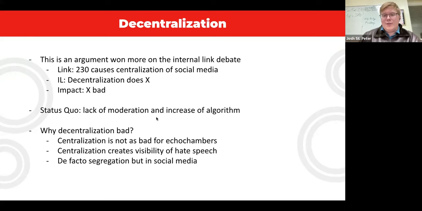In the status quo, there's a lack of moderation and an increase of algorithms, which is not great. We are not trying to argue that the status quo is somehow amazing at getting rid of extremism. But the argument you make here is that it actually increases from people going to more concentrated sites. We already see large amounts of terrorism or trafficking, as I mentioned before. There's already large amounts of hate speech, but whether or not there is large amounts of that could increase possibly because of the ways in which people could be forced to individual sites.